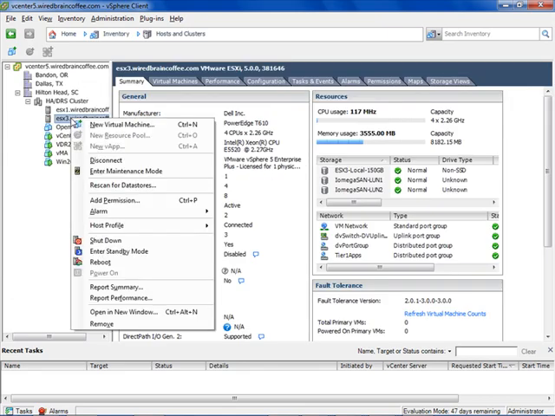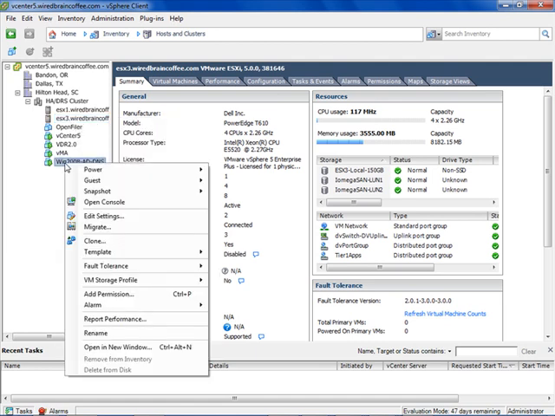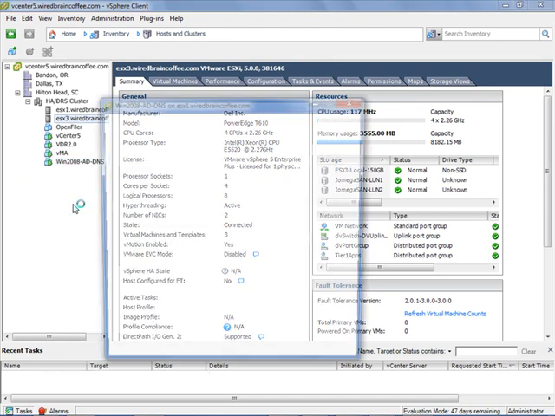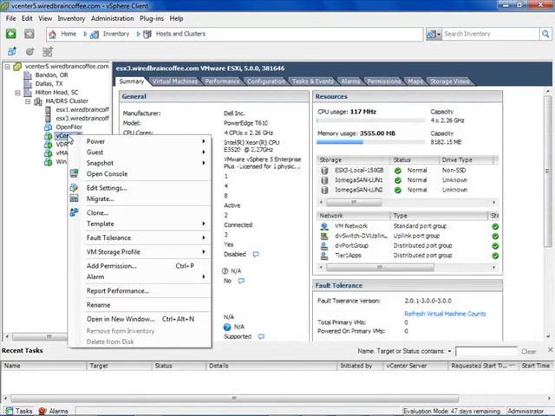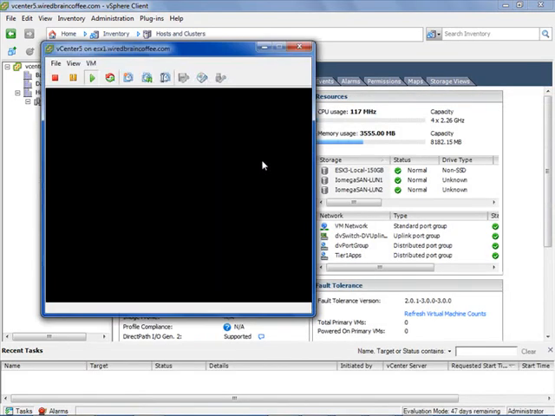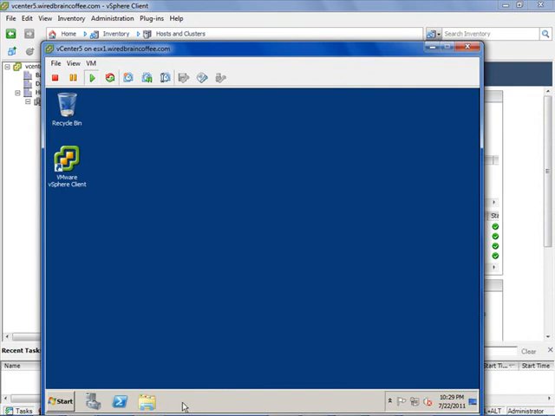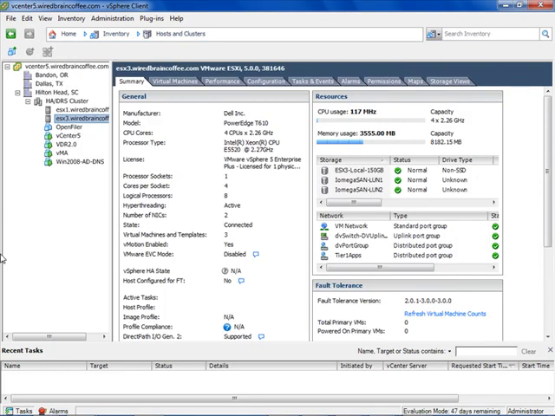But in all honesty, most admins spend their time here in the hosts and clusters inventory, where you can control ESXi servers. Here I can shut down, restart, reconfigure this ESXi host, and then I can also do the same thing to virtual machines, such as access their console. So there we're looking at the console of my vCenter 5 virtual machine running Windows 2008 server as the guest operating system. So now that I've given you a quick taste of what the VMware vSphere client looks like when it's connected to vCenter, managing ESXi servers and virtual machines using vSphere 5,